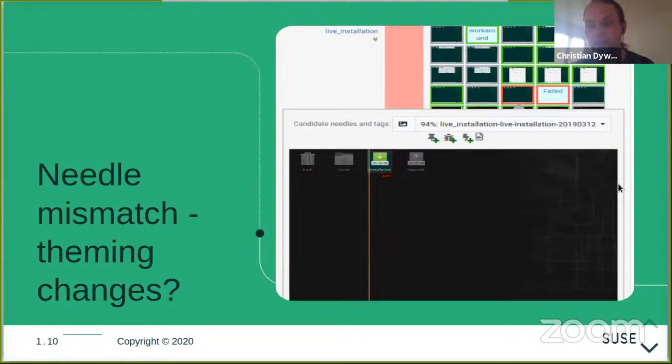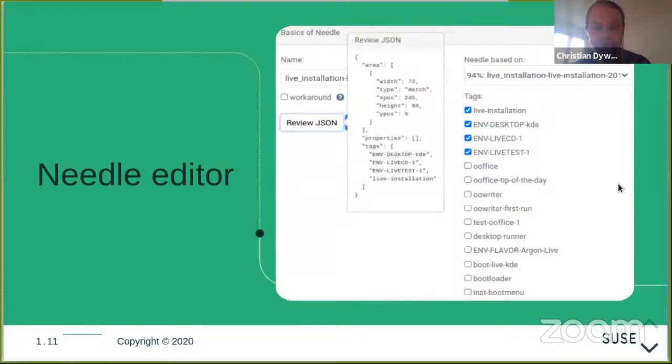because it may not actually be correct. In this case, I think the test is actually correct, but the needle would have to be updated to make sure the expected result is available. So this is where the needle editor comes in. This is part of what test reviewers do in openQA. If you found out that a needle doesn't work, maybe the needle is wrong, maybe something changed in the actual software.